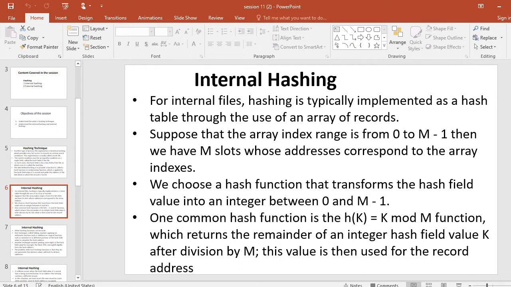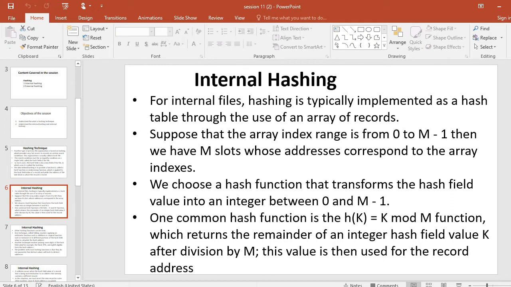For character strings, the numeric ASCII code associated with the characters can be used in the transformation. Here is a hashing algorithm applying the mod hash function to a character string k of 20 characters. Step 1: temp equals 1, initialization.